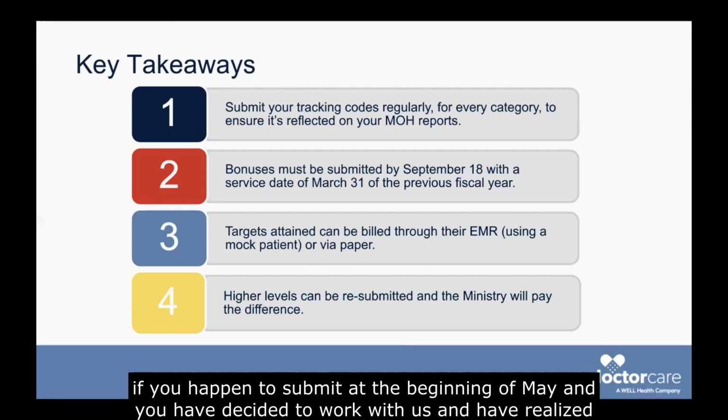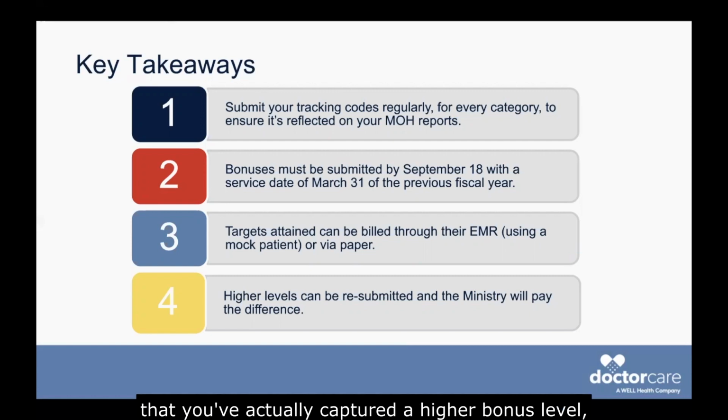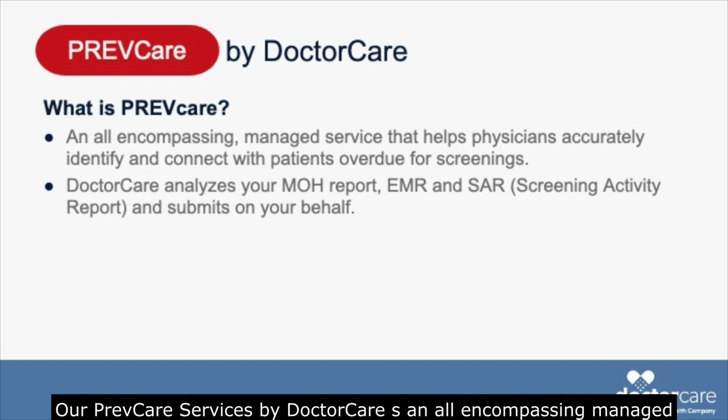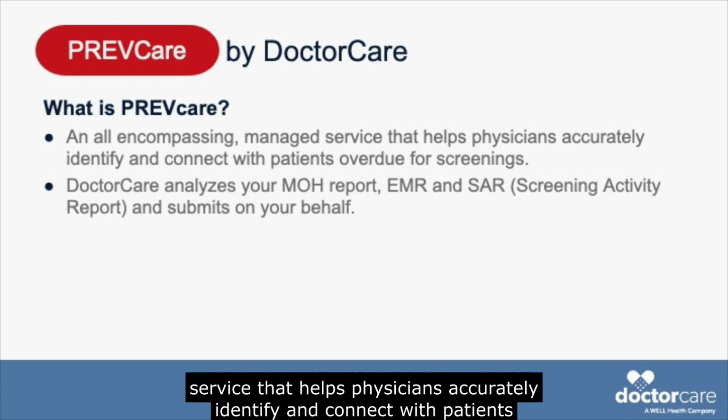If you happen to submit at the beginning of May and you have decided to work with us and have realized that you've actually captured a higher bonus level, you can resubmit to that higher level and the ministry will pay you the difference. Our Preventive service by drcare is an all-encompassing managed service that helps physicians accurately identify and